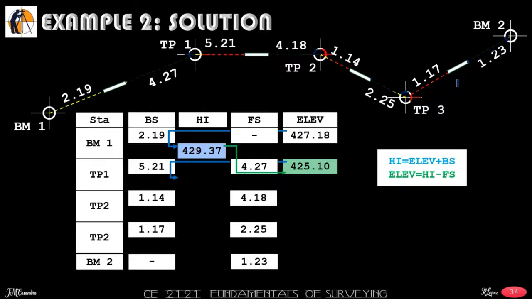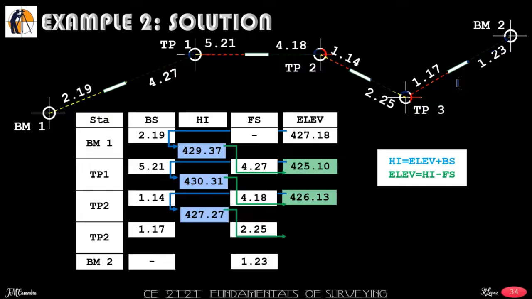Elevation plus backside, 430.31. Height of instrument minus foresight, 426.13. Elevation plus backside, 427.27. Height of instrument minus foresight, 425.02. Elevation plus backside, 426.19. And height of instrument minus foresight is